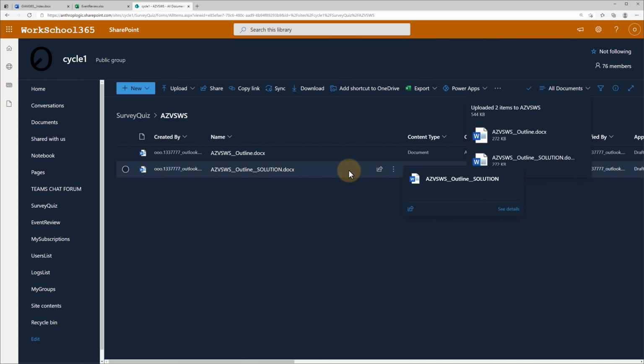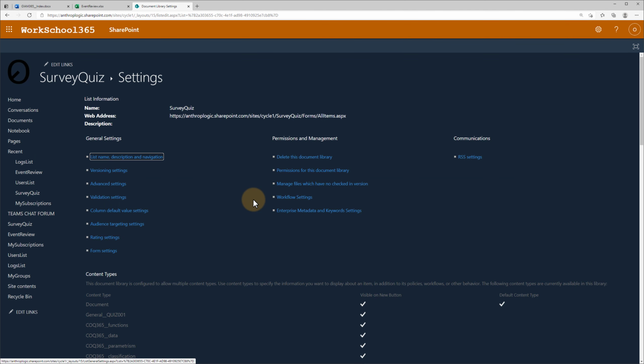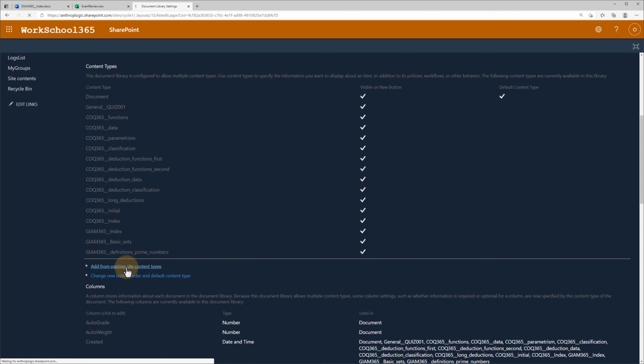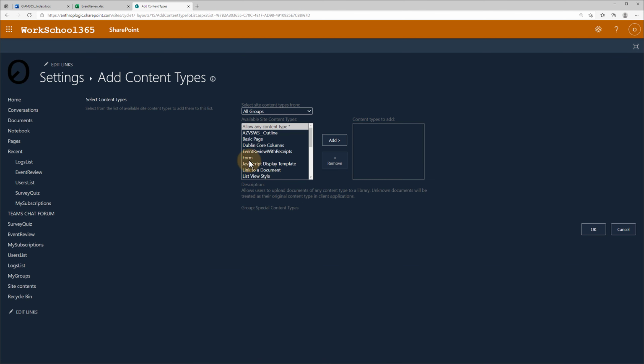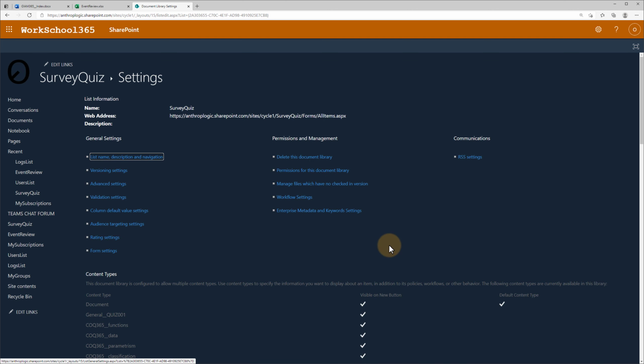So for the solution, first thing we have to do is go to the library settings and add the content type that we just created. So we add this content type, and then now we are ready to